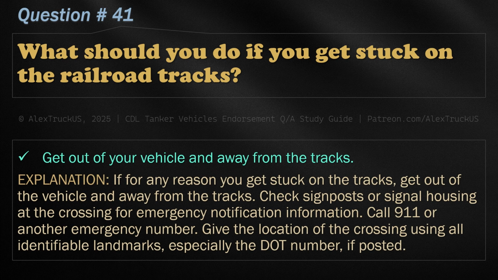If for any reason you get stuck on the tracks, get out of the vehicle and away from the tracks. Check signposts or signal housing at the crossing for emergency notification information. Call 911 or another emergency number. Give the location of the crossing using all identifiable landmarks, especially the DOT number, if posted.